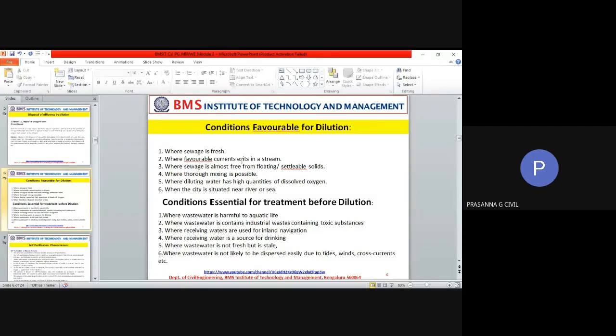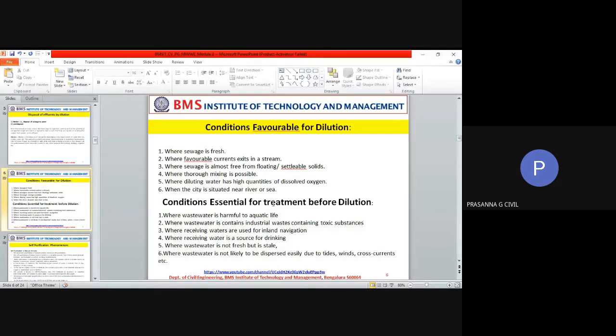And the last one is where you don't have to take your pipe to large distances. That's why I was talking to you about Bombay. Bombay used to once upon a time do this: take it via pipeline deep into the seabed and disperse it there. But now all these cities have also tried to keep their wastewater from going untreated into the natural water bodies. So that's your first condition.